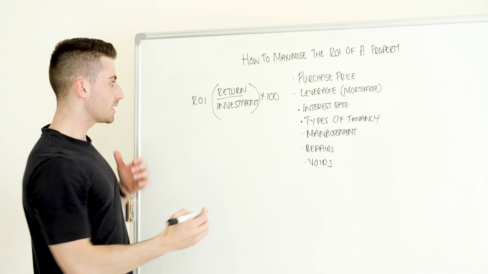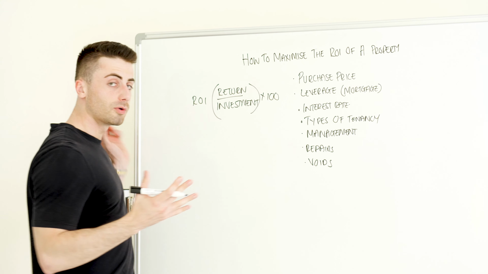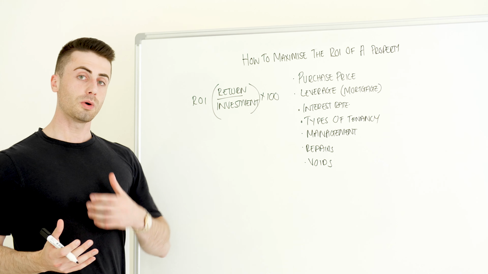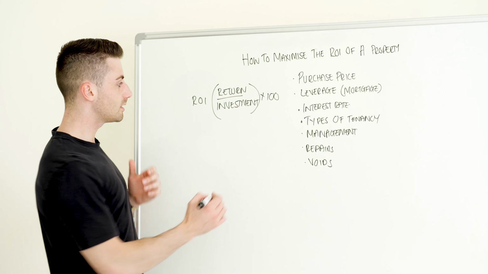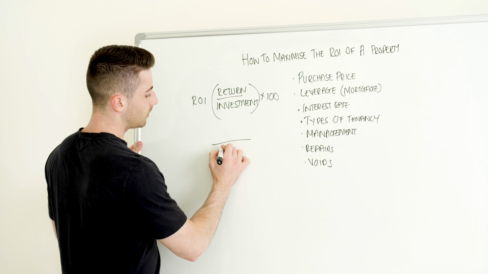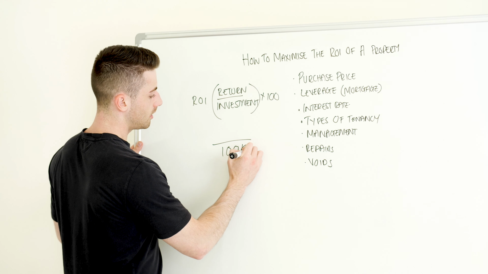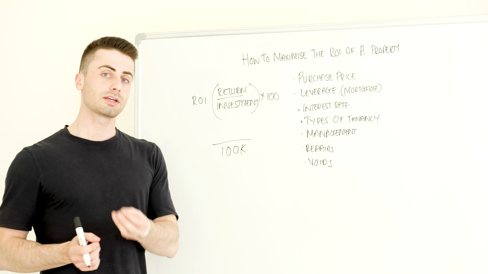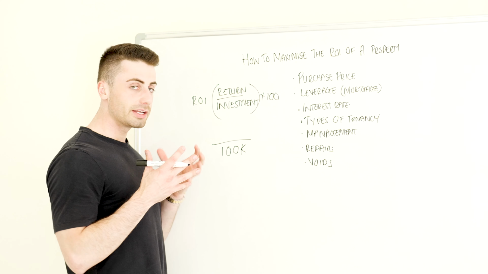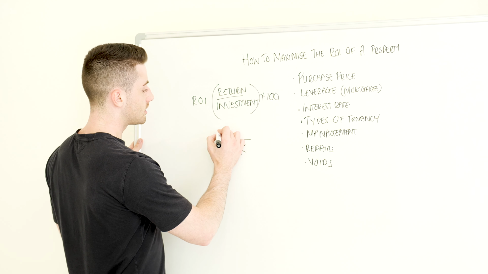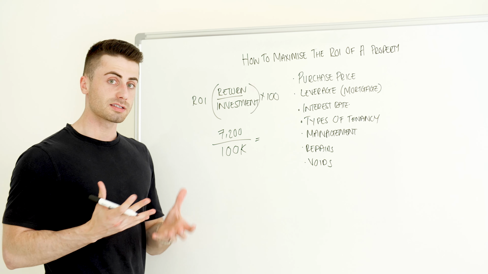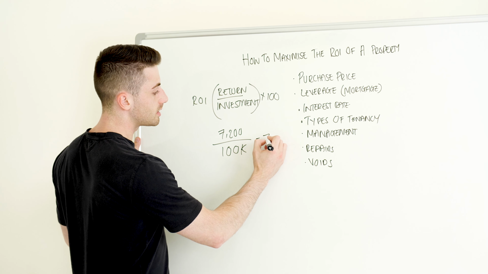So to give you an example with figures, if we were to buy a property for £100,000, and we were to pay £100,000 for it, we were to put £100,000 of our own money into that, the investment would be 100k. And then the return, let's say in this example, it rents out at £600 per month. So the annualized return would be 7,200,